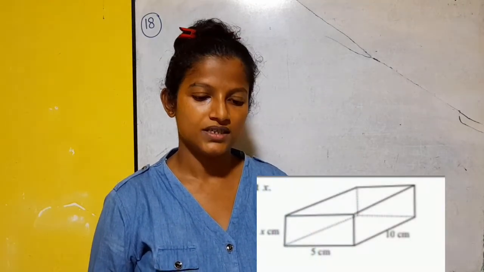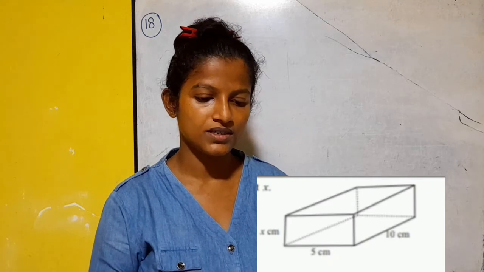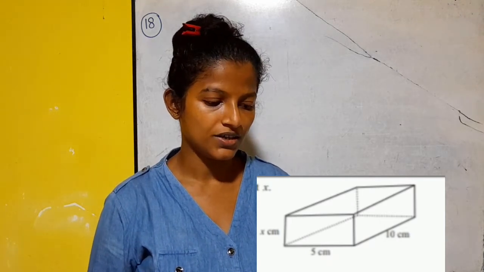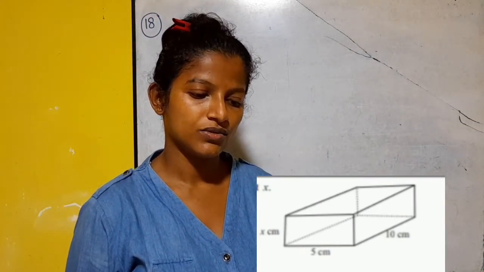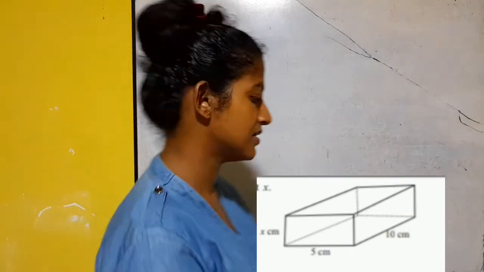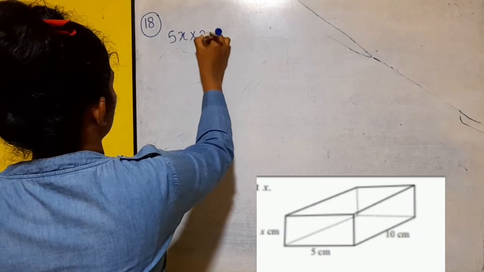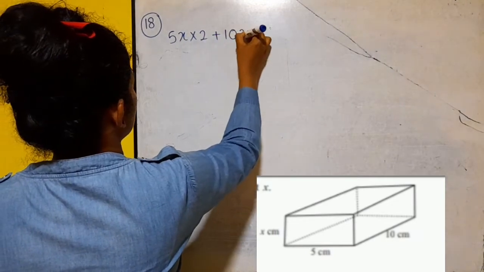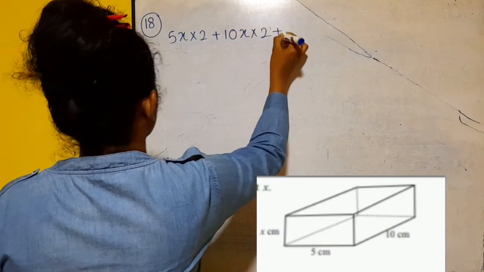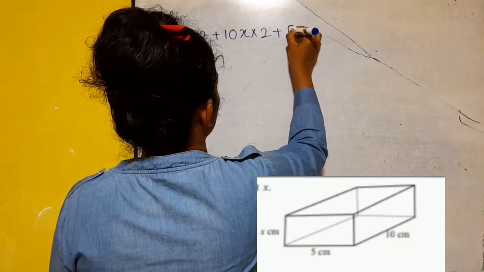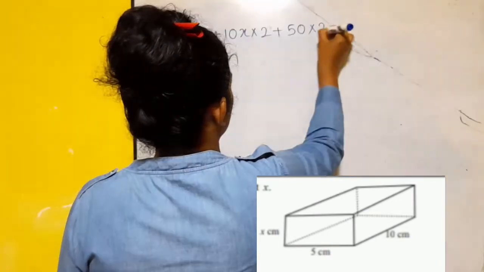Question number 18. The total surface area of the cuboid is 220 square centimeters. Find the height x. So you can write the equation relative to the area as 5x multiplied by 2 plus 10x multiplied by 2 plus 50 multiplied by 2 equal to